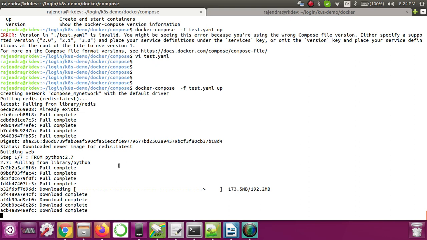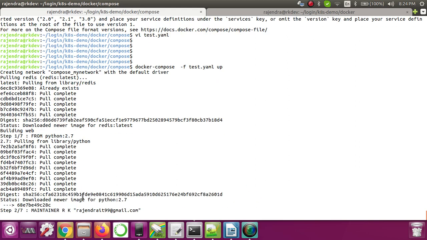Now it's almost done. It's 185 out of 190. Now it will extract that. For extraction it will take hardly any time. Now the extracting is also done.